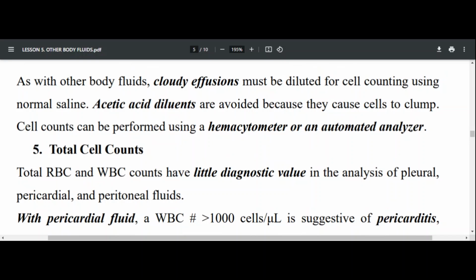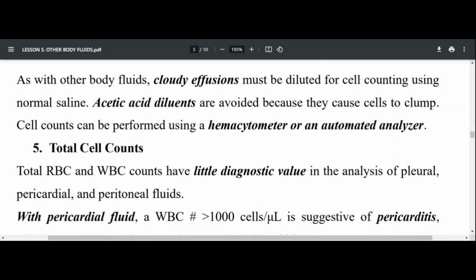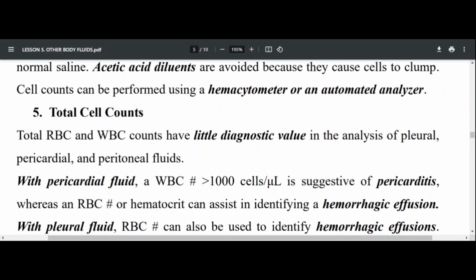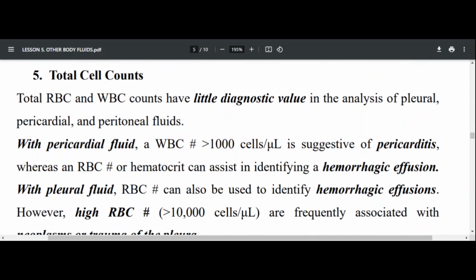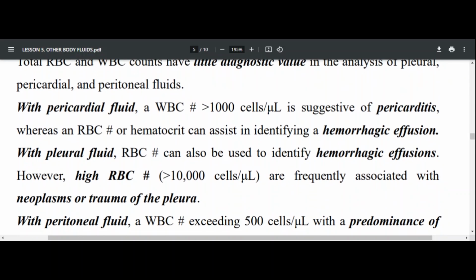So total cell count can be performed, of course, even though the total cell count has little or no diagnostic value in these fluids. But with pericardial fluids, when WBC are increased to a level greater than 1000 cells per microliter, this is suggestive of pericarditis. RBC counts or hematocrit assist in identification of hemorrhagic effusion, for example, with hematocrit and also RBC of the fluid,